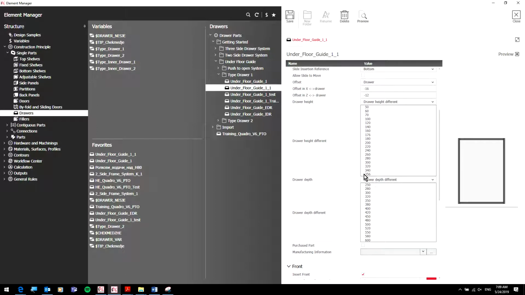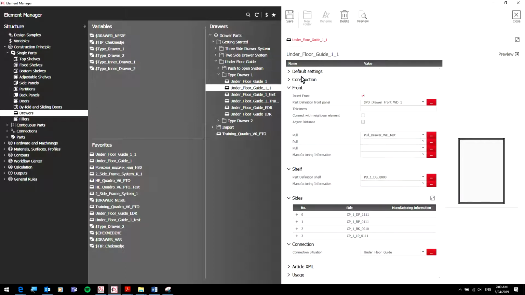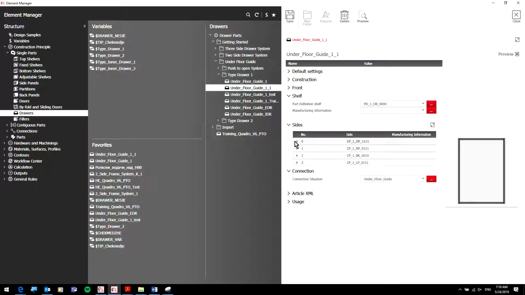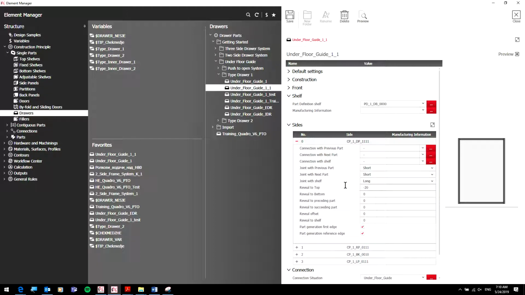Okay, so this is true for all of them. So this is for the top, this is for the bottom, left side, right side,